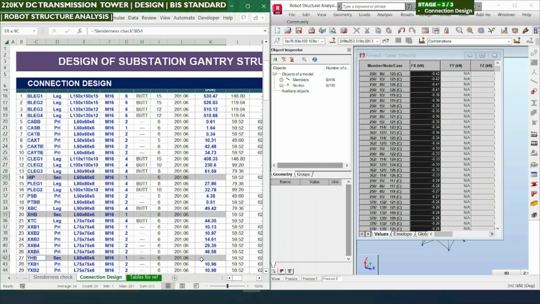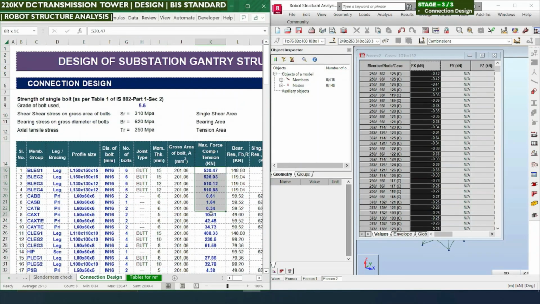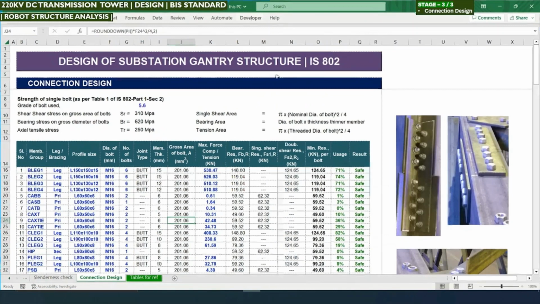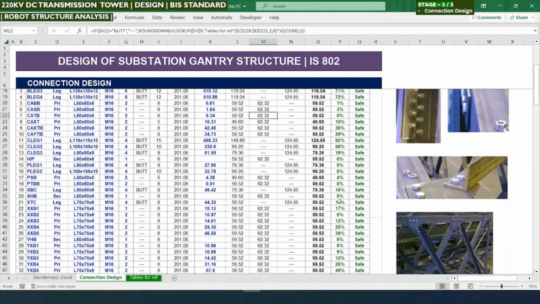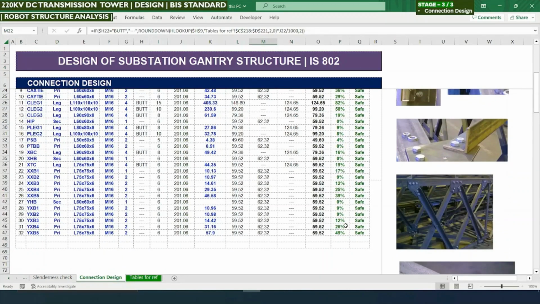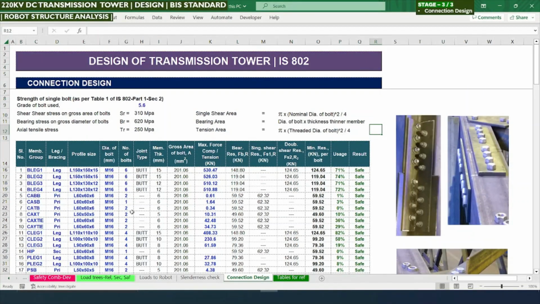XHB, YHB, for these we can consider the exact value of the nearby bracing with 1/3 of the loads. We need not consider the full load, and with that 1/3 we can fix how many poles are going to come. Maximum it will be only one pole. So after filling all these force values, let us see what happens to our usage results. So all the results are safe. We can also optimize this